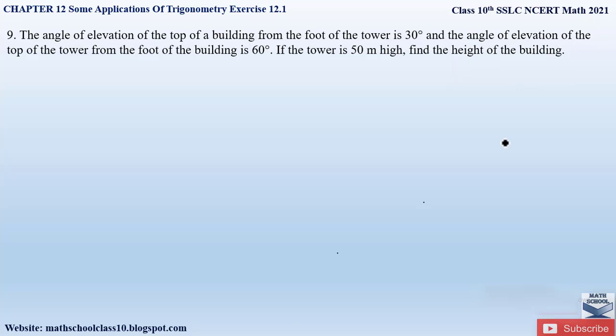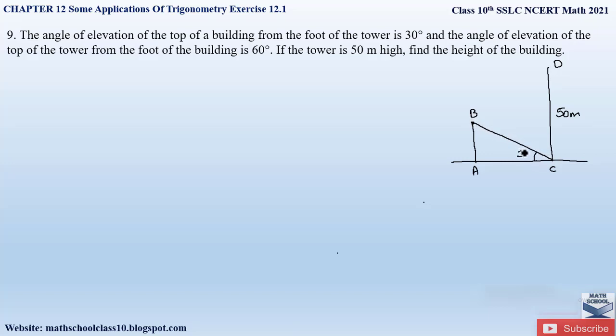So now let us first draw a building and a tower. On the ground level, we have a building which is AB and we have a tower, let us name it as CD. The height of the tower is given which is 50 meter. Now they are saying the angle of elevation of top of the building. So this is the building. The angle of elevation of top of a building from foot of the tower is 30 degree. So from the foot of the tower to top of this building, the angle of elevation is given as 30